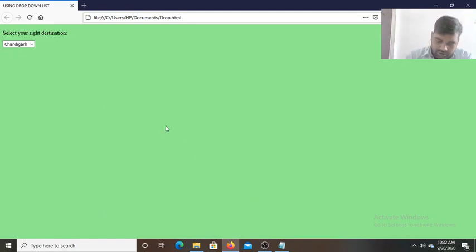Like this we can also add the combo box. In the same way we can make the changes. To make a combo box, we add a scroll bar here, and at one time you want to see only a few names of the cities. So how do you do that? Just in the select tag we use the property size equals to 4.